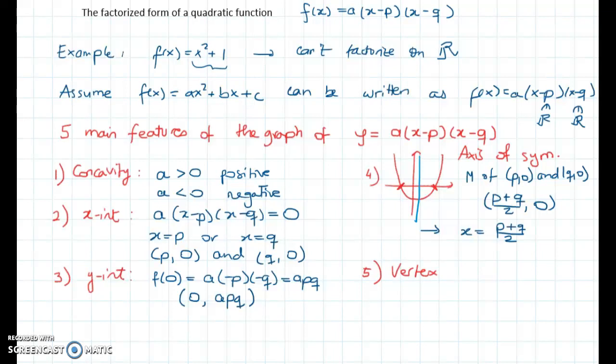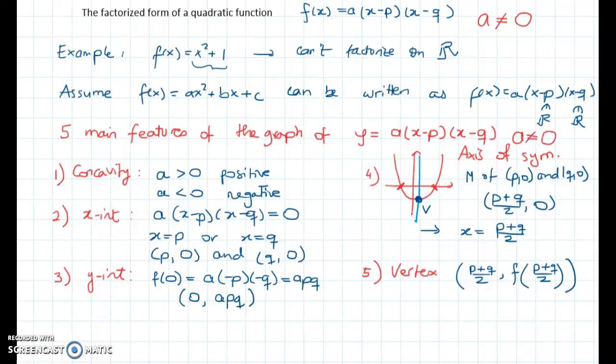Now, going back to the vertex, we know that the vertex is one point of the axis of symmetry, and it's a point of the function, of course. So we need to find what is the y-coordinate, because the x-coordinate is going to be p plus q divided by 2. So we just need to evaluate our function at p plus q divided by 2, and we'll have the coordinates of the vertex. Let me add something. Everywhere here we are assuming that a is not 0. If a is 0, well, then we don't have a quadratic function in factorized form to work